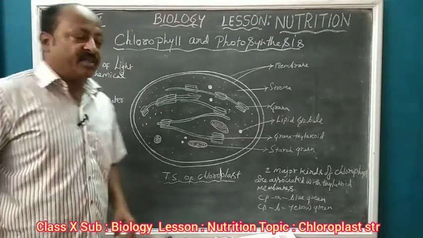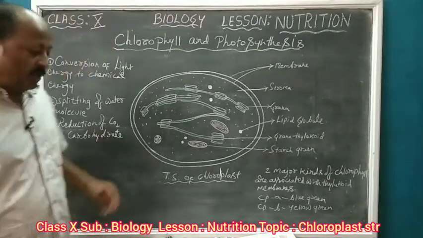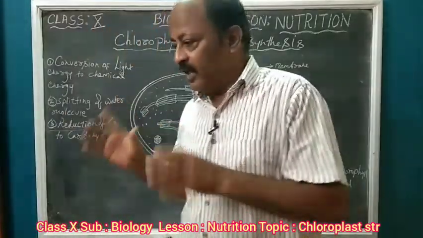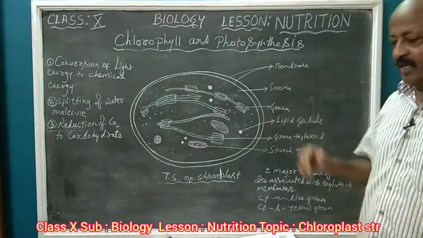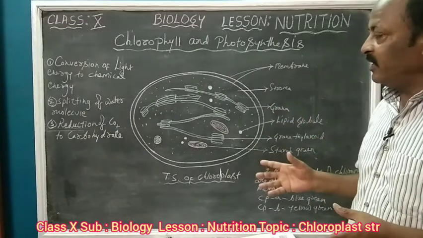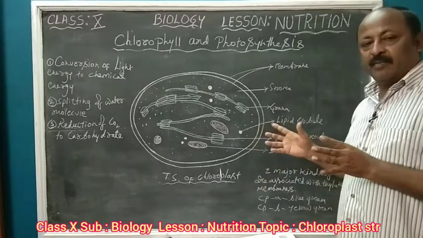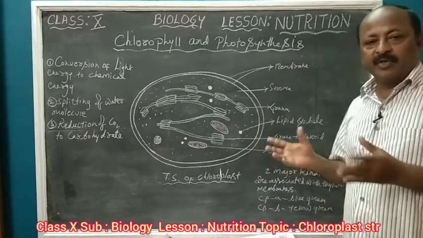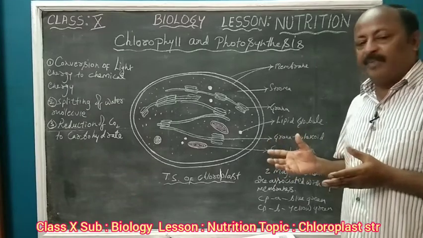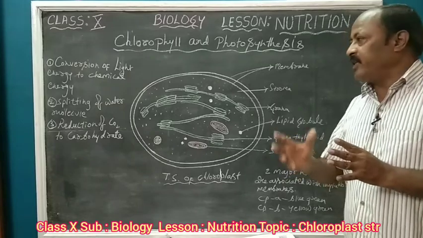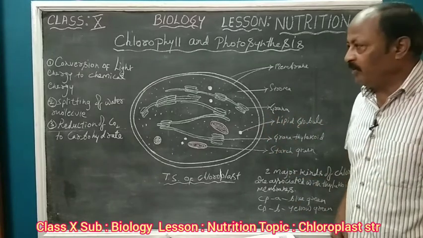Now we are studying the structure of the chloroplast. To study the structure of the chloroplast, we need to isolate the complete structure of the chloroplast. So when we try to break open the cell, the chloroplast might also get broken, which helps in the process of photosynthesis. So it becomes complex to break open the cell and take out the whole structure of the chloroplast.